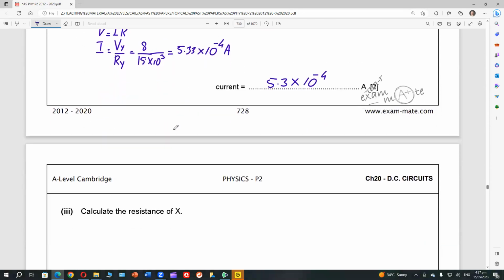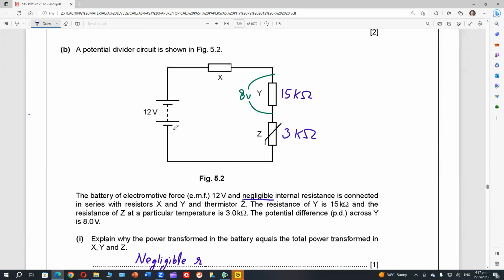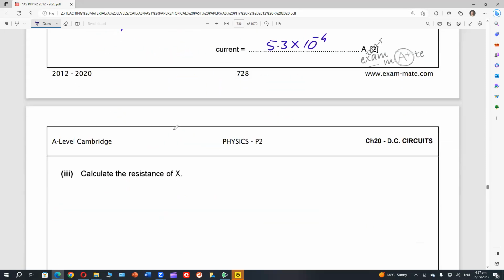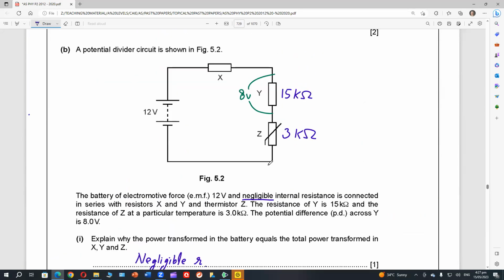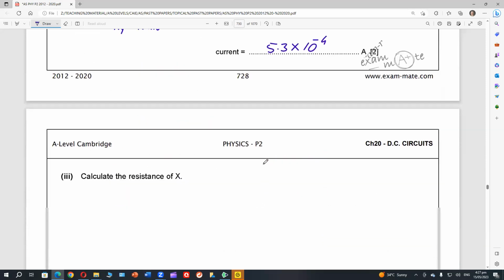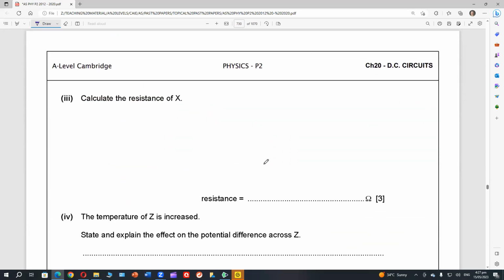He says calculate the resistance of X. So Z will have 1.6 volts across it to 2.4 volts. That's a good idea. But what I was thinking, if I add all of them, I will get the effective resistance and I can put 12 volt of the circuit. I mean, if I use V is equal to IR,